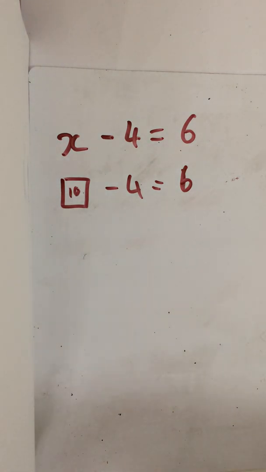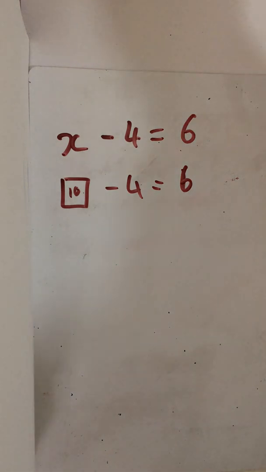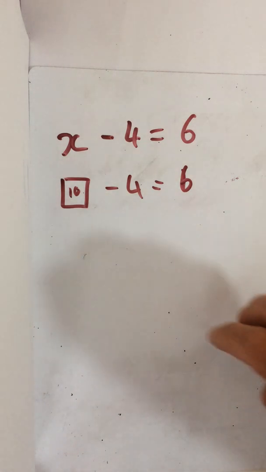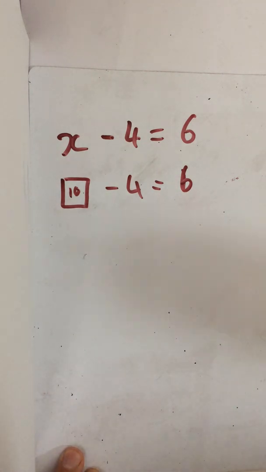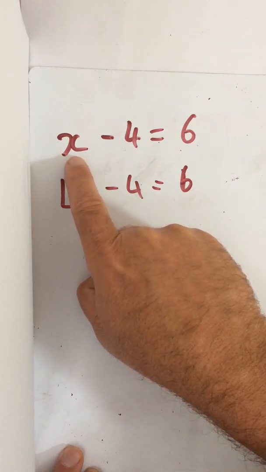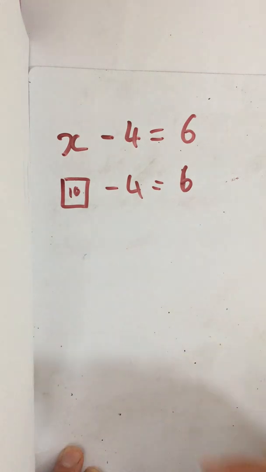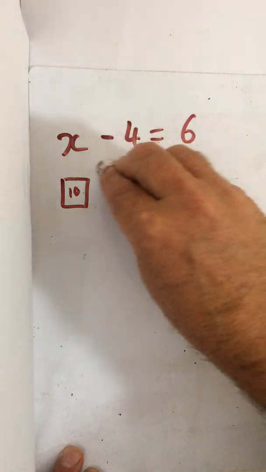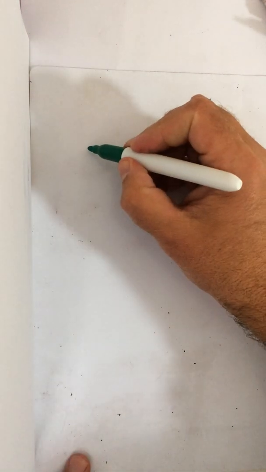Okay, so really with algebraic equations, you just find the value of the missing letter. Whatever the letter is, it doesn't have to be x. It can be y. It can be z, a, b, c, whatever. You're finding the value of the missing letter. So it's just like finding a missing number. Now when we come to do these, let's have another question: 7